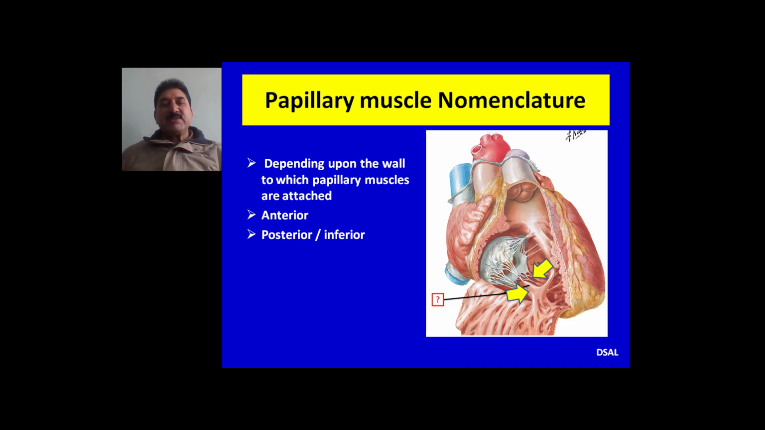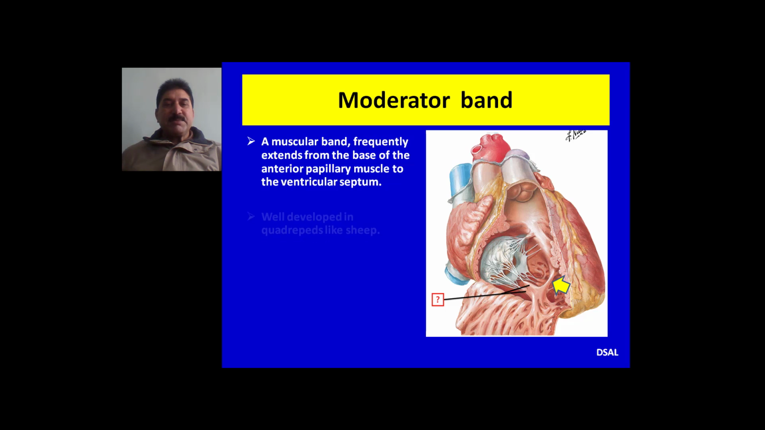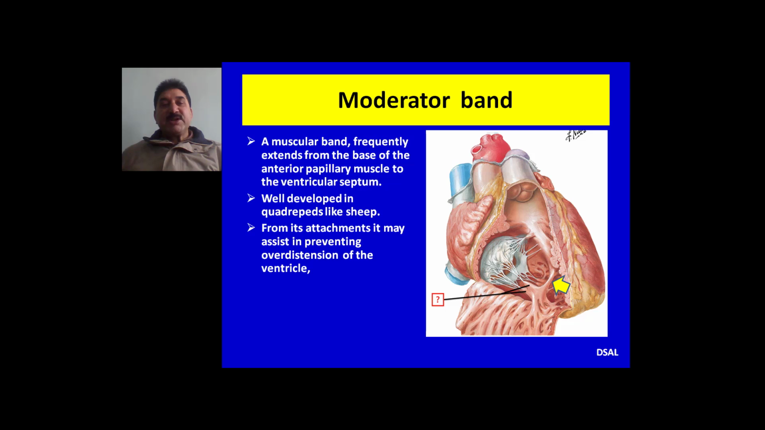It is also called the inferior papillary muscle, and septal papillary muscle is attached to ventricular septum. What is moderator band? It is a muscular band frequently extends from the base of the anterior papillary muscle to the ventricular septum. It is well developed in quadrupeds like sheep, but not so developed in human beings. From its attachments, it may assist in preventing over distension of this ventricle and so has been named the moderator